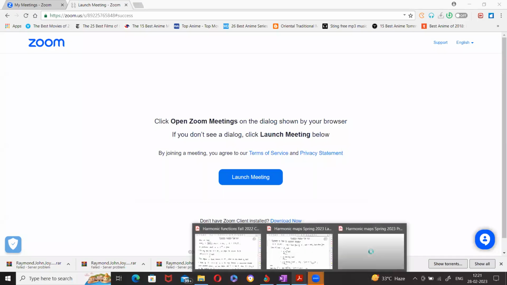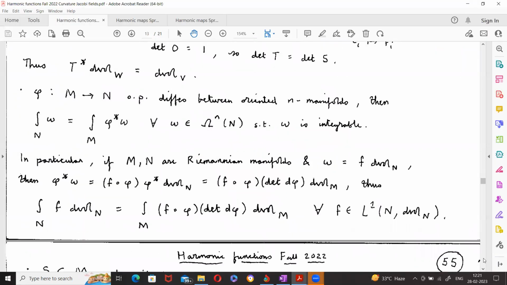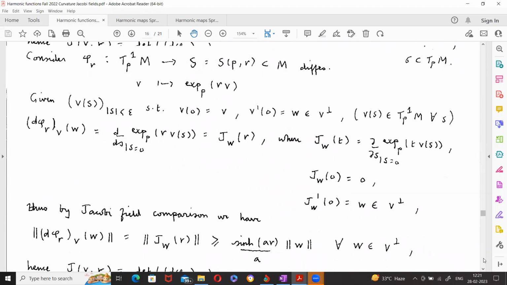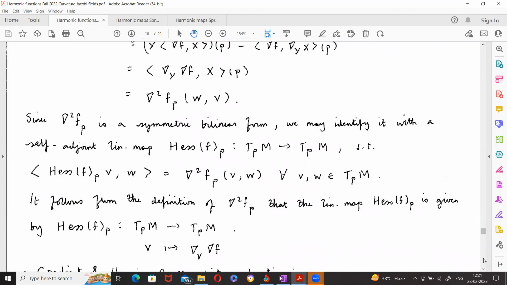All right. So we've defined the gradient and the Hessian. And we've talked about the change of variable formula for the volume measures. Let me just see what else we need. Yeah, so this is the symmetry of the Hessian. Okay, so now,